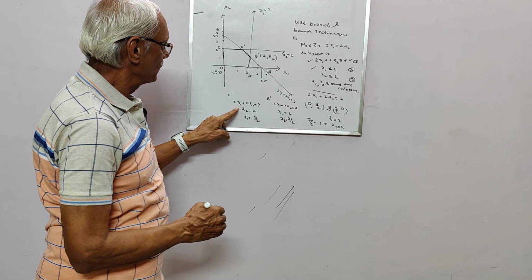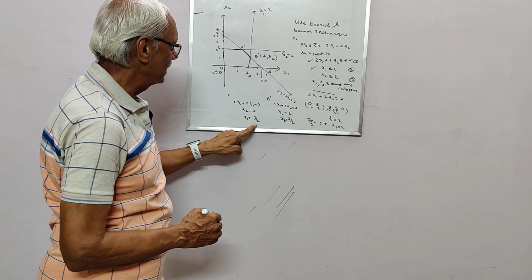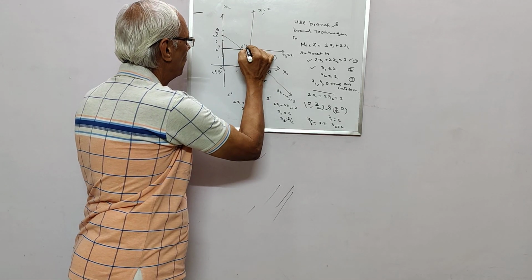So what is this point? 2x1 plus 2x2 is equal to 7. Take this x2 is equal to 2. So you will get x1 is equal to 3 by 2. So what is your C dash? C dash is also